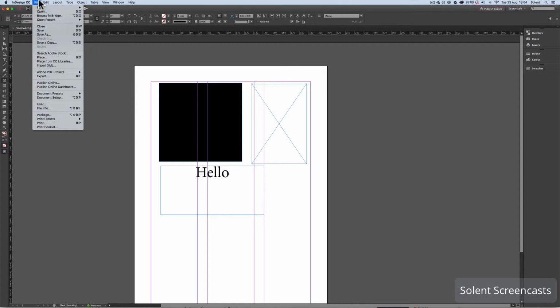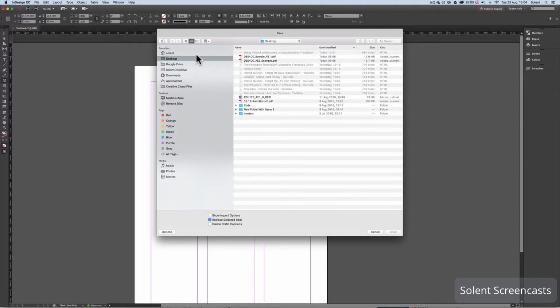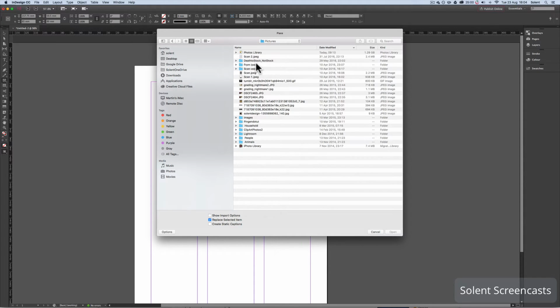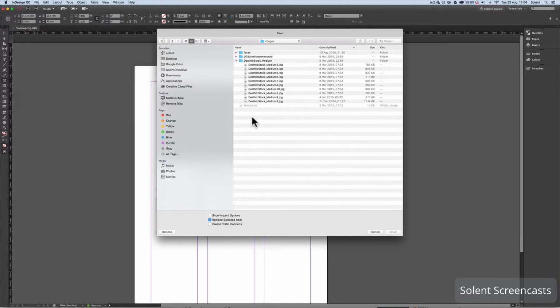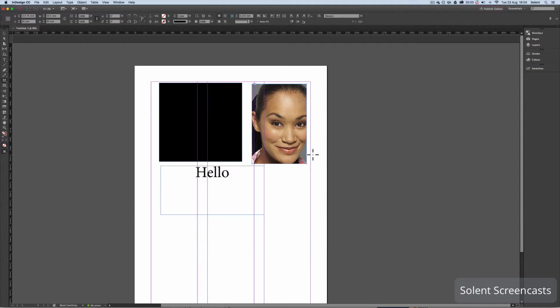So if I go File, and I go down to Place, then I would select an image, click OK to that, and open, and that will then put it inside that